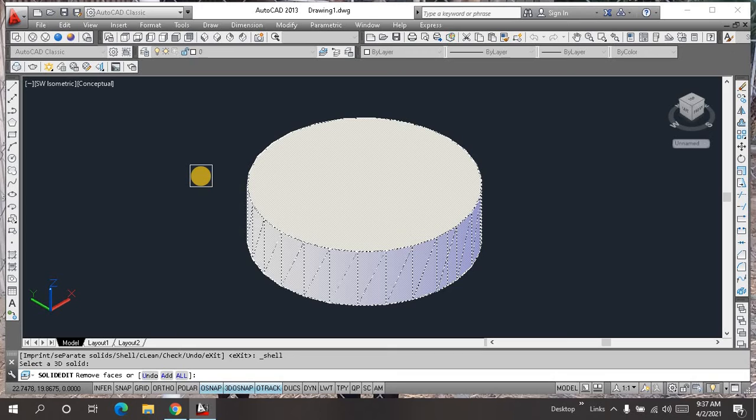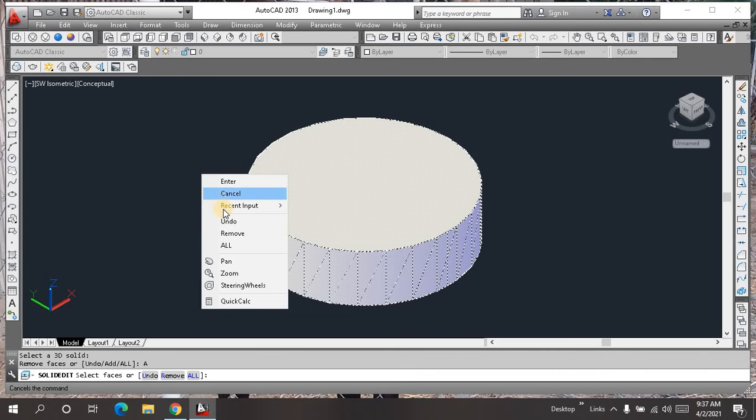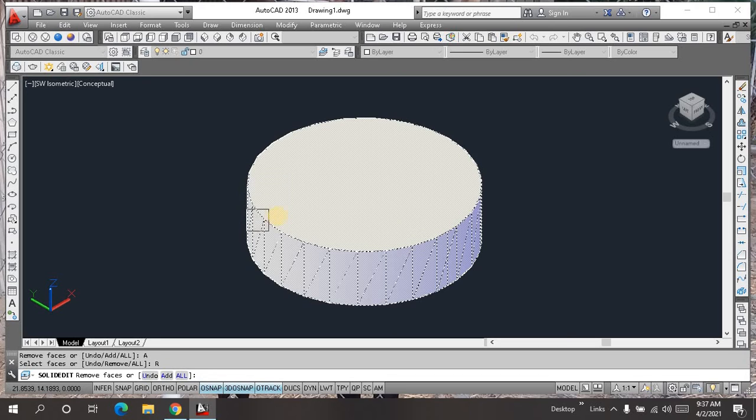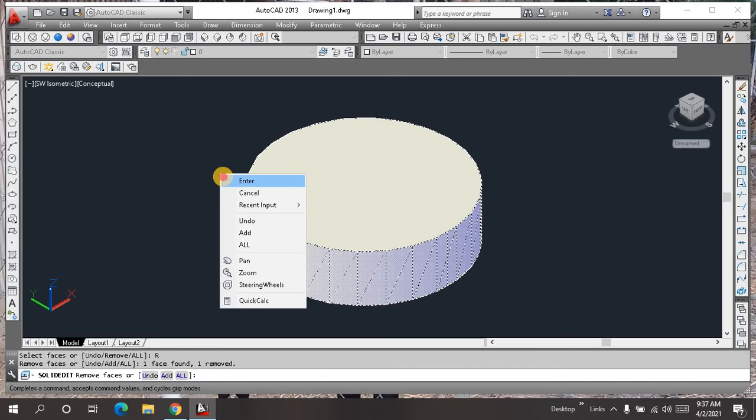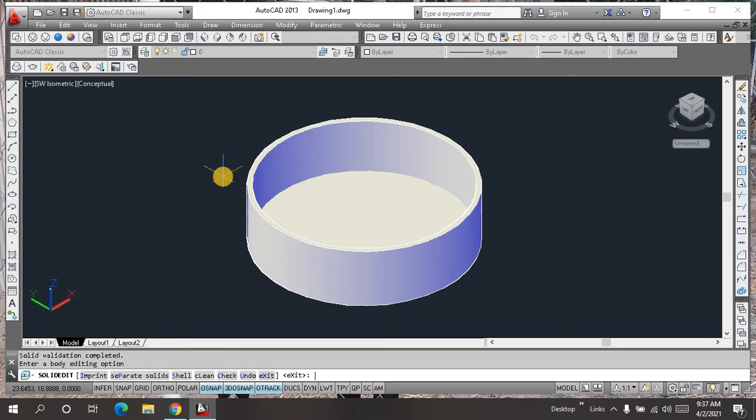Now come here, right click, select Add, again right click, click on Remove, click on this face, again right click, select Enter, and now I will assign the wall thickness. For that I will put 0.3. Now select Enter. See,